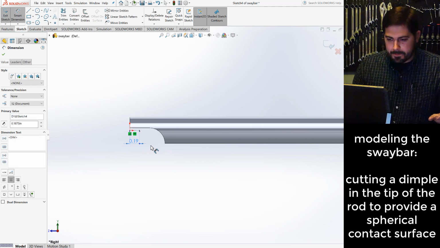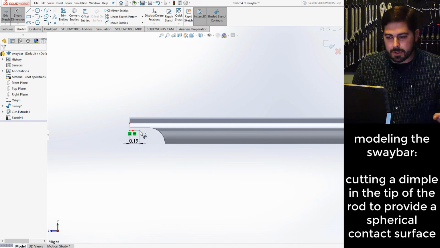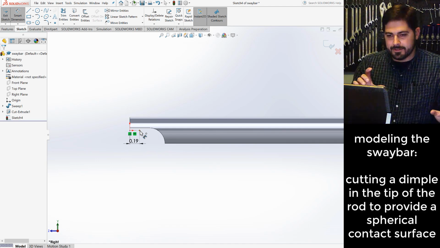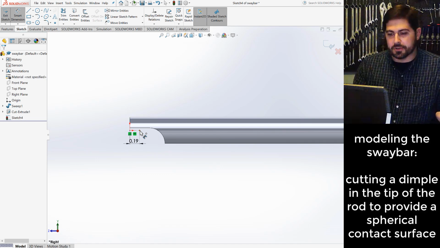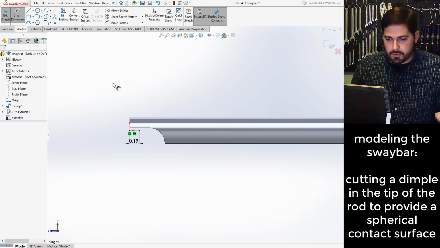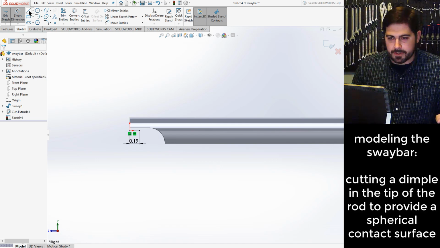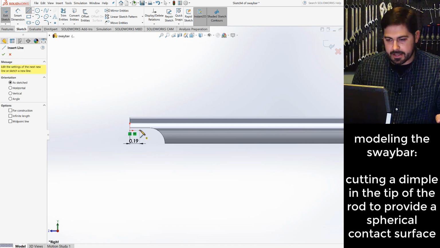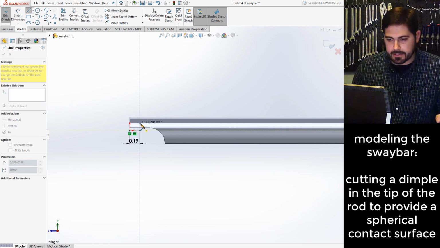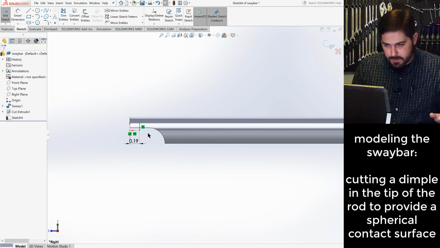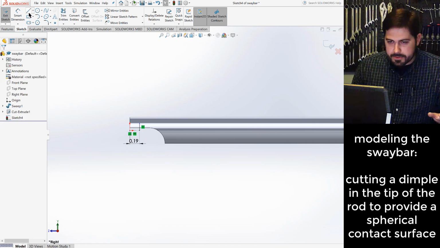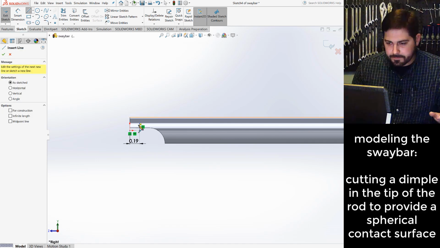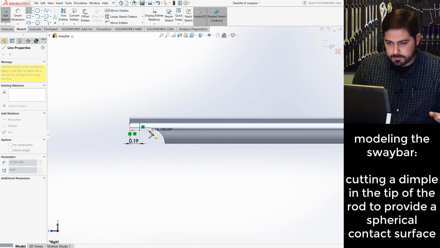All right, and that gives me a point where I can begin essentially a little circular carve out, or a part of a circle carve out, right? So I can basically take a line that goes up something like this, and another line that goes across something like this. Okay,